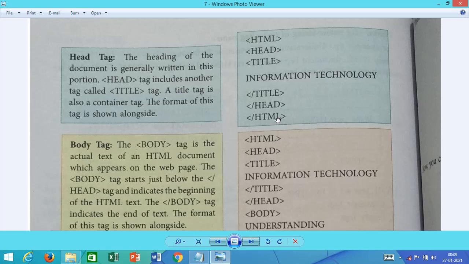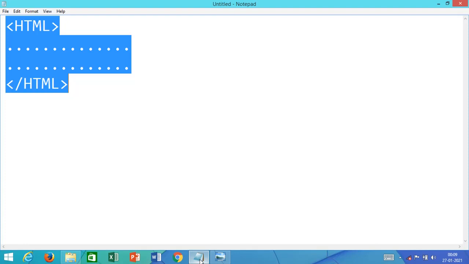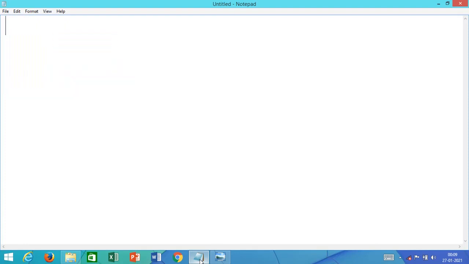To the right hand side at the top of the screen, dear students, if you see, a small program is written. It starts with HTML, then head, and under head the title tag is used to give the title of the program. Let us say we are going to write a program, so we need to provide the title of the program here on the screen while writing the codes. So I will make one small program to show you the same thing.